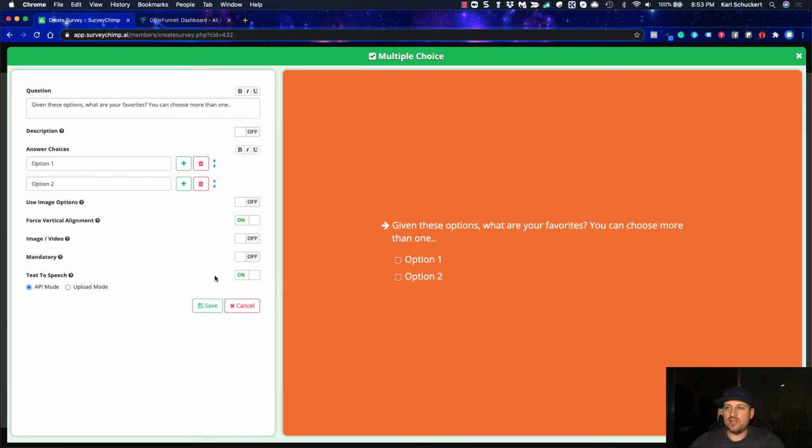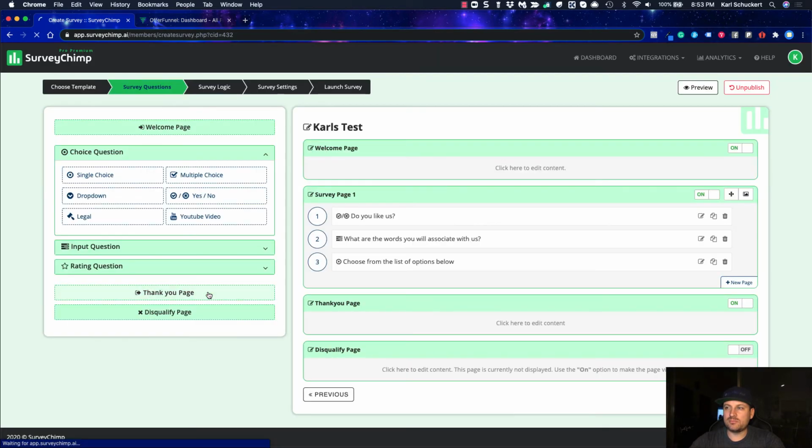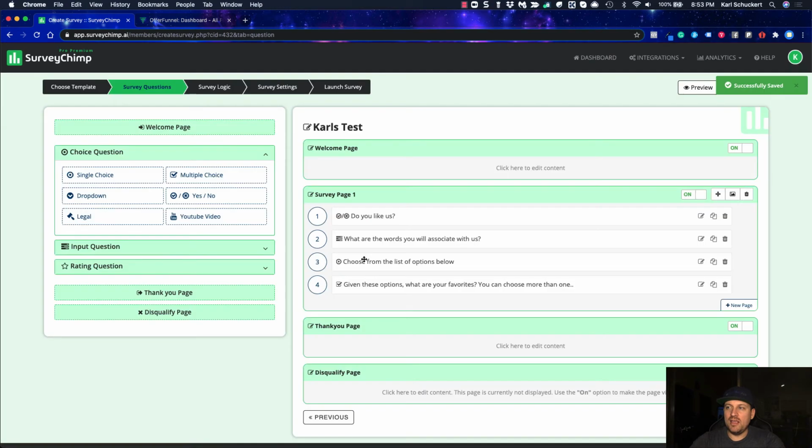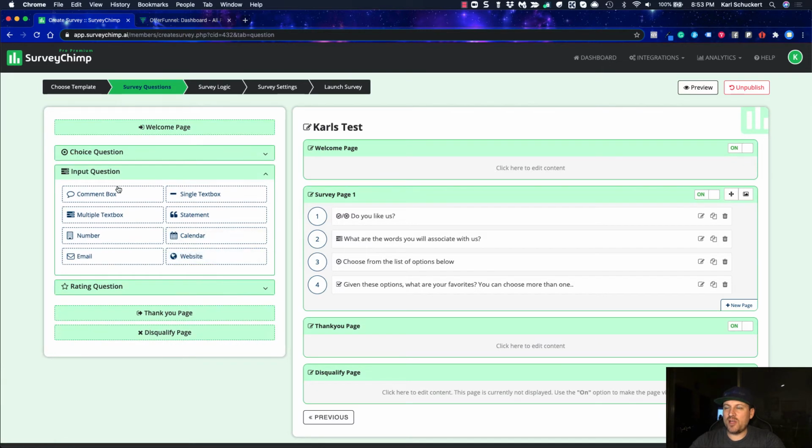And you can also do this really neat feature where you can add text to speech. Basically, not 100% sure on this, but maybe they can listen to what this says when they're going through it. Okay, hit save when I'm done, and then it's going to show up here. And if I want to move this around, maybe I want to put that one in front of there, I could do that.